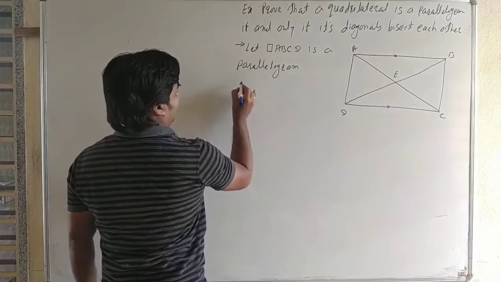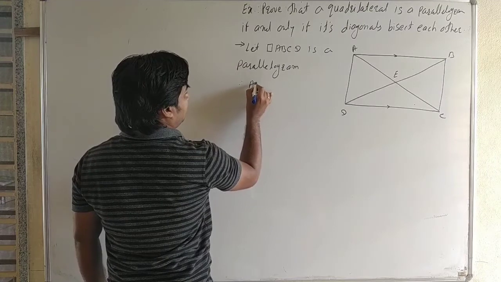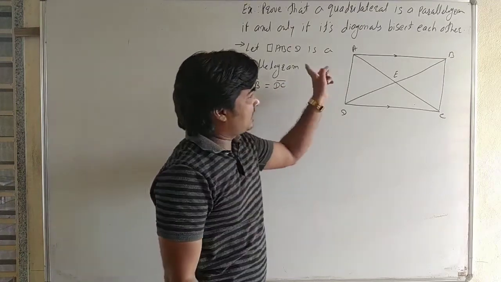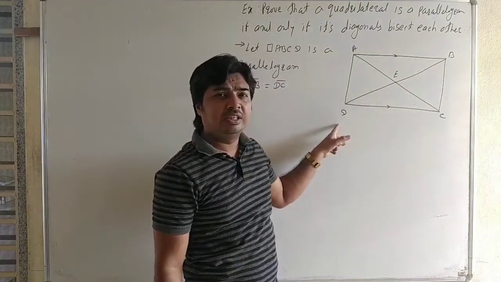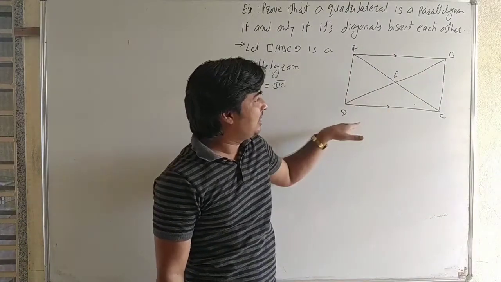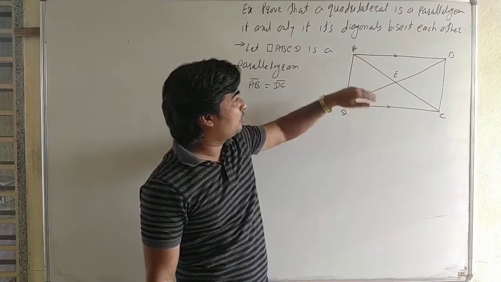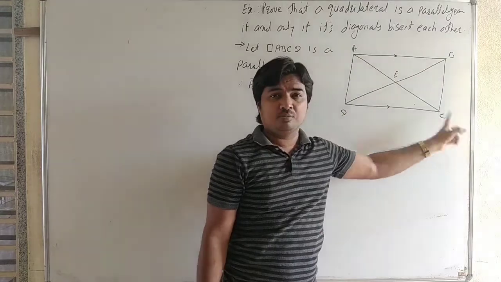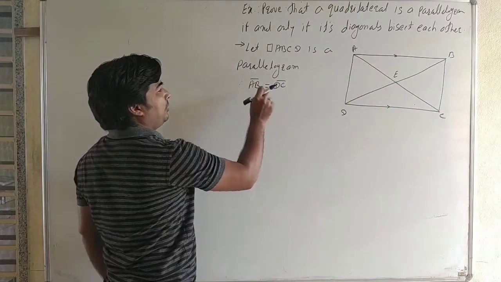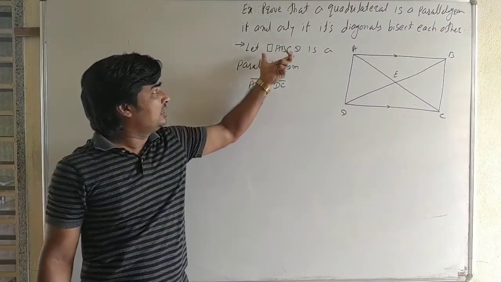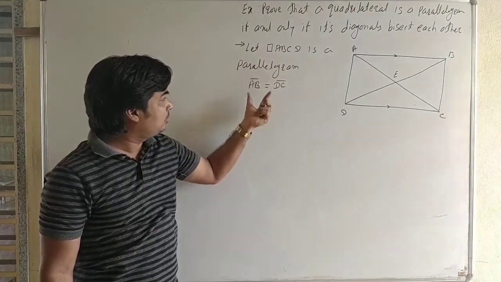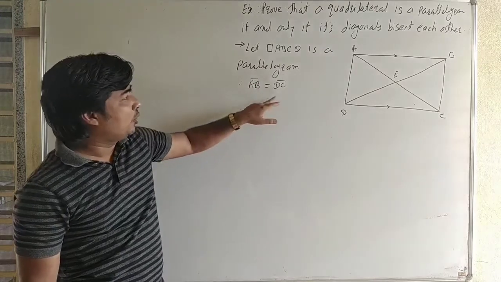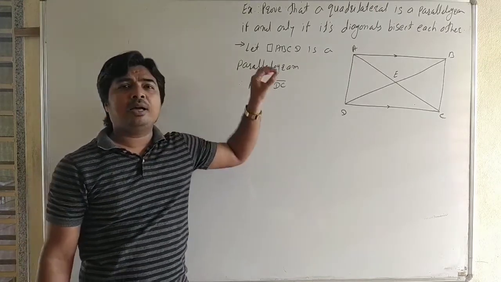Therefore vector AB is equal to vector DC. Side AB is equal to side CD. The magnitude is the same for AB and CD, but when we say the vectors are equal, the direction is also the same. Vector AB and vector DC are the same. It is given, we consider the quadrilateral a parallelogram, therefore vector AB and vector DC are equal. Now we have to prove the diagonals bisect each other.